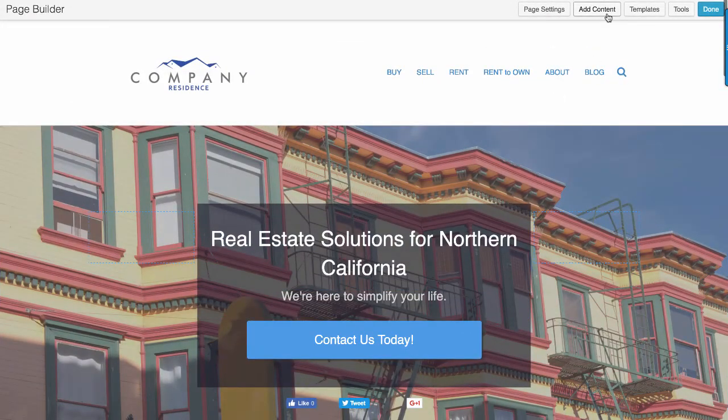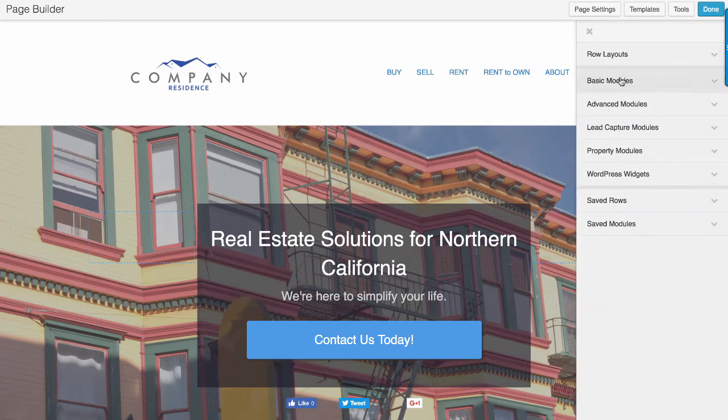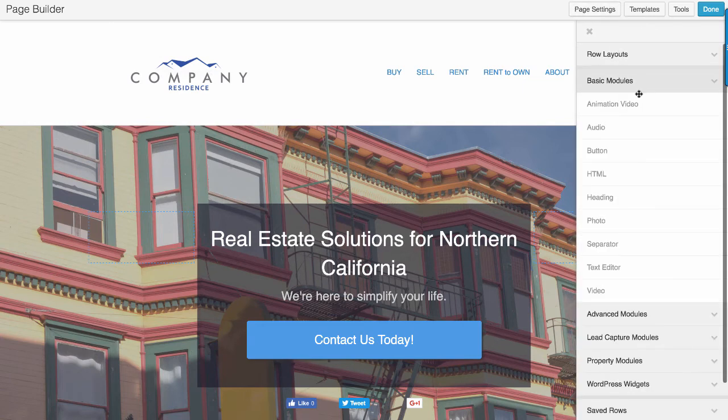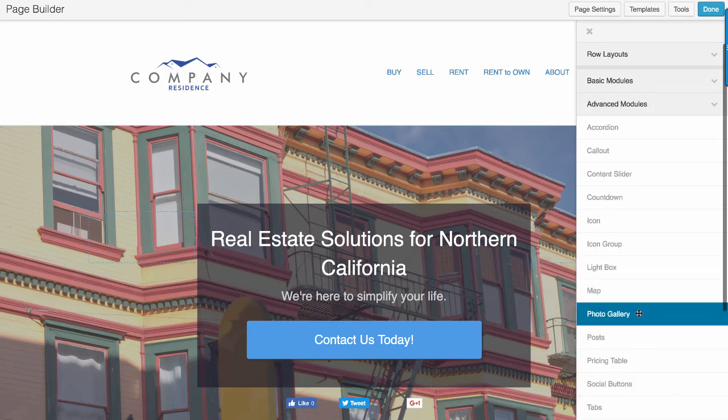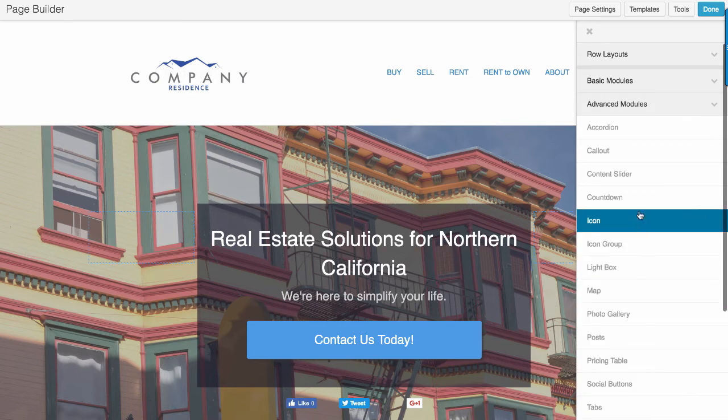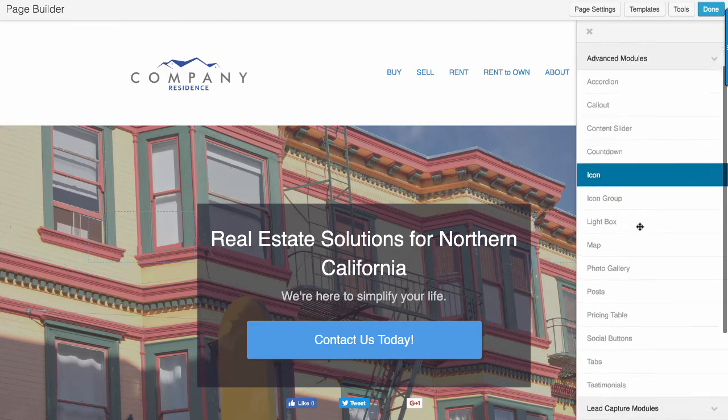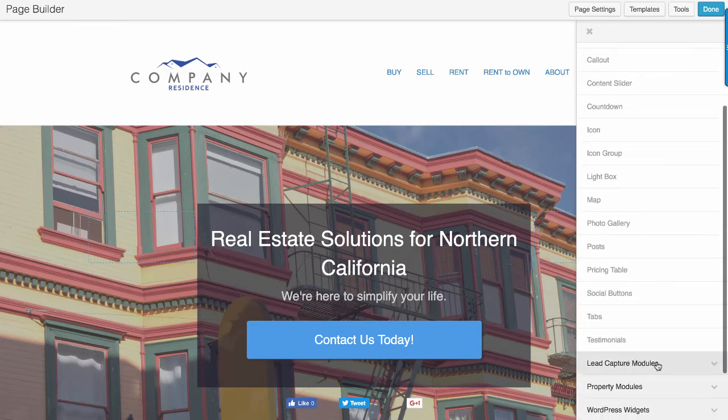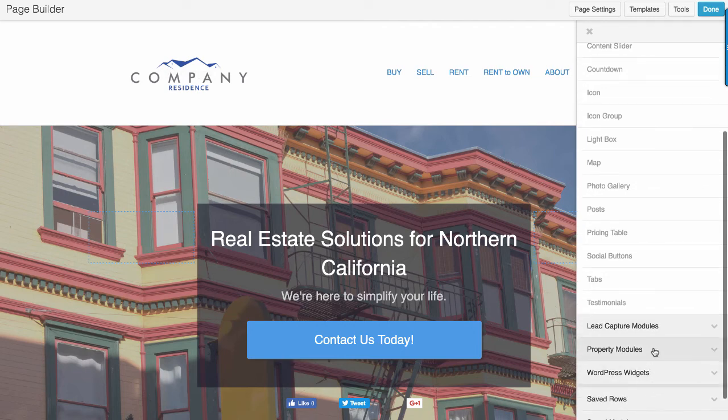If I click up here, click add content, we've got all different types of modules you can add. So we've got animation videos that you can use. You can add buttons, custom HTML, headings, photos. You can add obviously text. You can also add photo galleries, countdown timers, call outs. There's all different types of things that you can add. We've got lead capture modules, which are the web forms, property modules, so you can market all of your properties